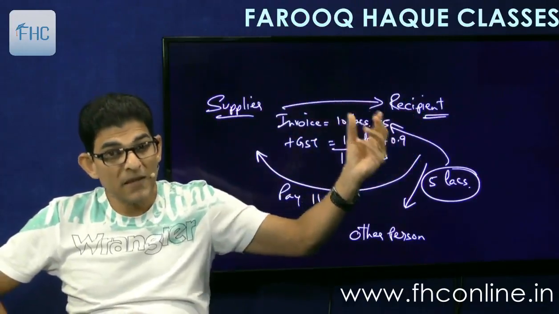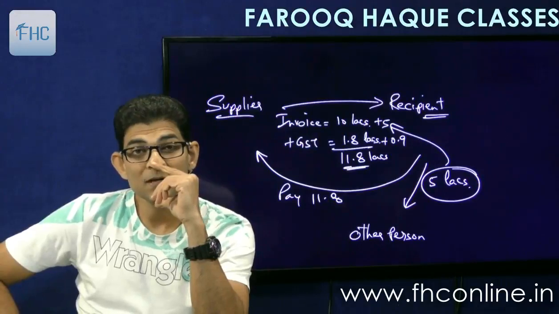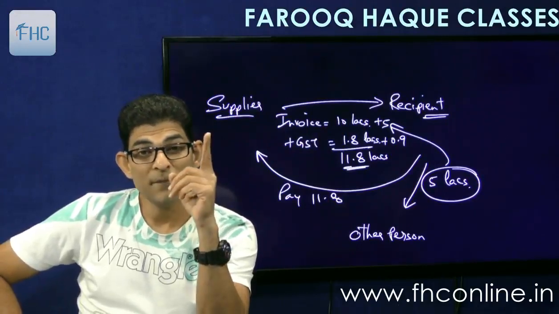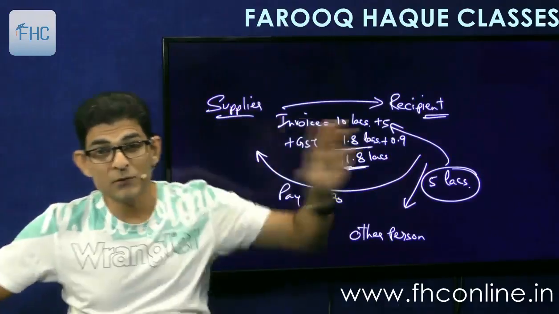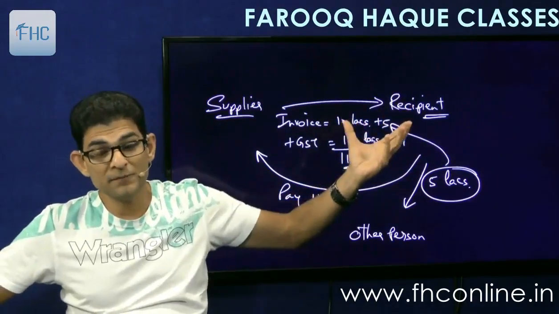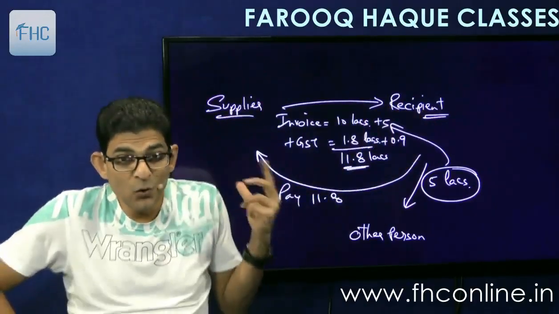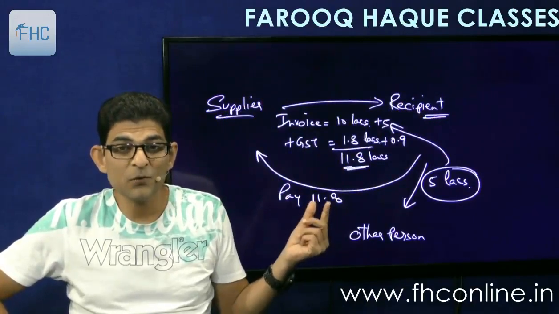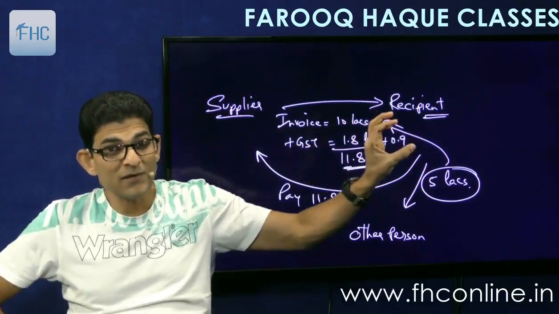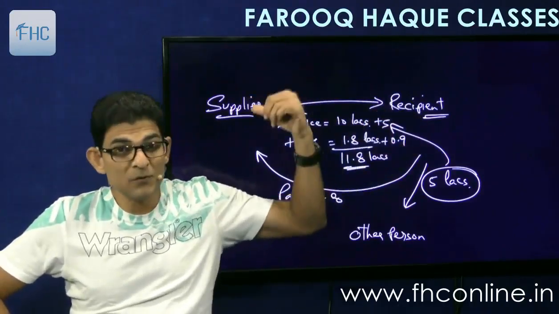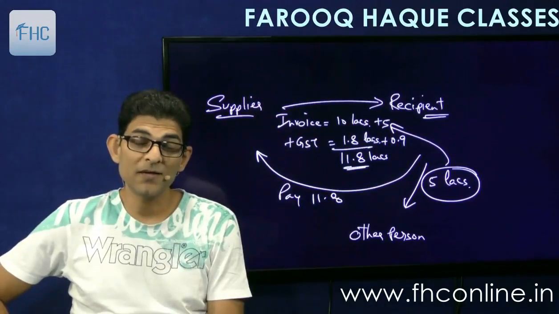Now the question is that to take credit, the recipient has to pay the value of the goods plus the GST to the supplier. The second proviso to section 16 says that you have to pay the value. It doesn't say pay the invoice, it says value. So value is including 5 lakhs, value is 15. So now the question is, is the recipient paying 15 to the supplier? No, he is paying only 10 plus 1.8 and not 5 and 0.9. This amount 5.9 is not paid to the supplier. If it is not paid to the supplier, then what? Will he get the credit or will he have to reverse the credit?